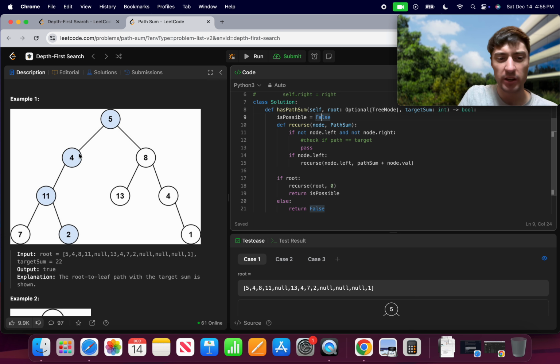Because if this one hits, I don't want to then go and look at this path and say, oh, this didn't, it's false, and I return false. But I really like those elegant solutions where you don't have to create this kind of placeholder variable. I don't like it. It's not very elegant, but